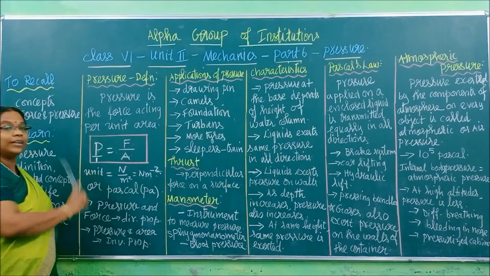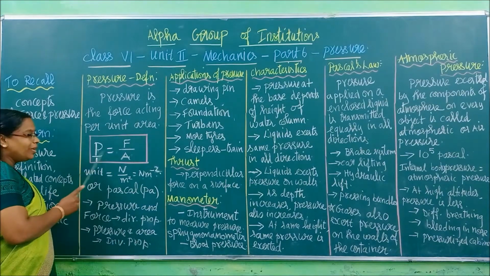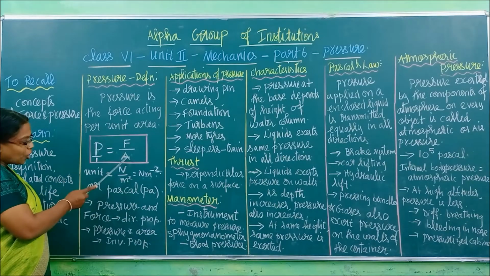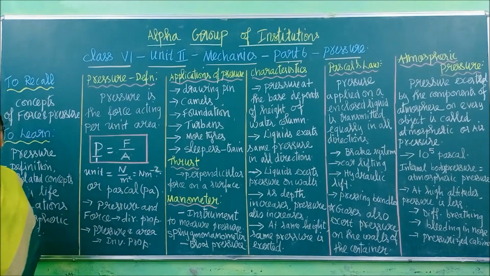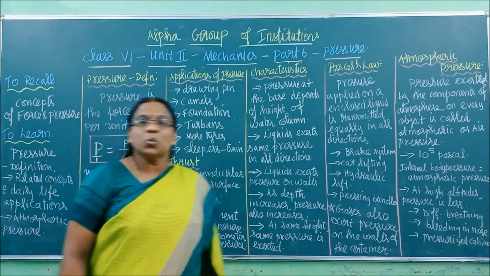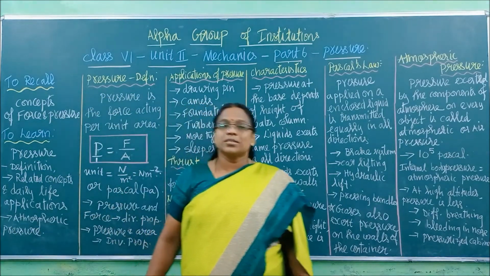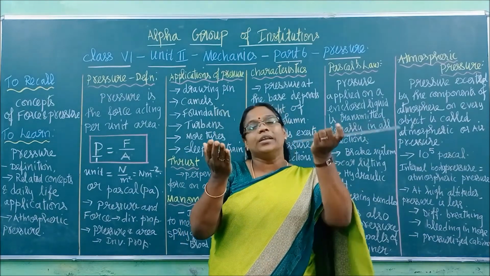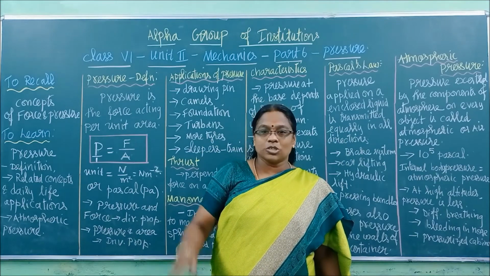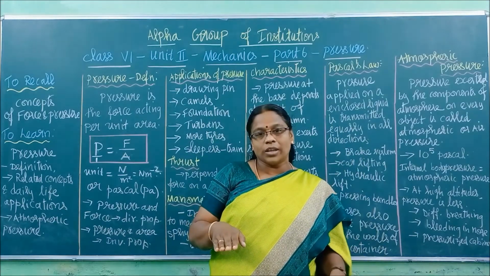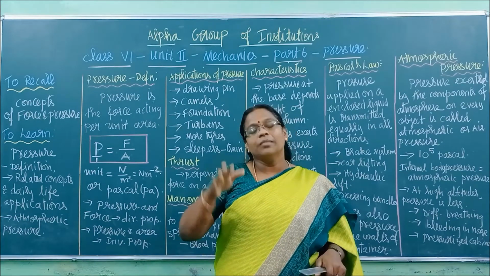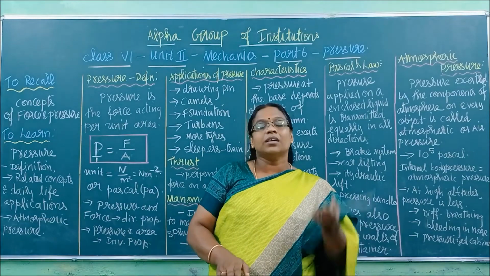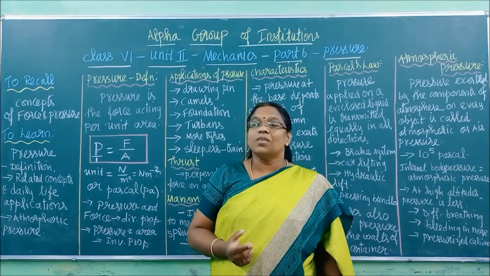Numerator and numerator are directly proportional. Denominator and denominator are directly proportional. Numerator and denominator are inversely proportional. That means, children, I would have explained this in previous classes. If one increases and the other also increases, then it is called directly proportional. When one decreases and the other also decreases, it is directly proportional. If one increases and the other decreases, or if one decreases and the other increases, then it is inversely proportional.